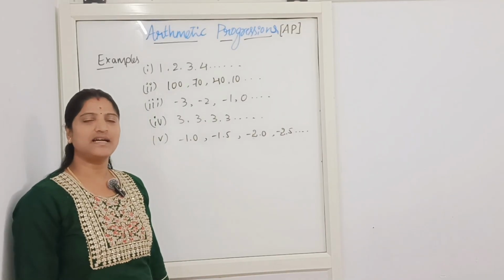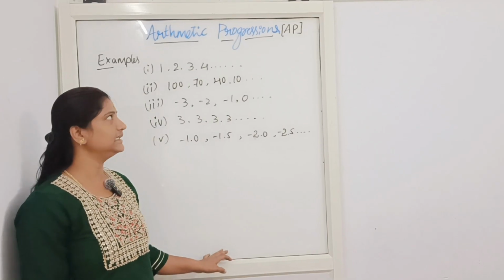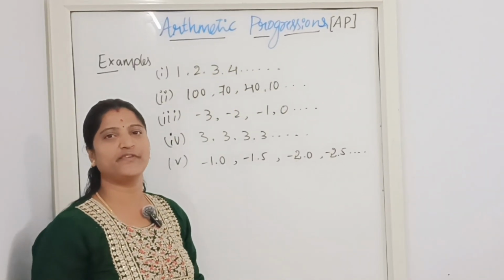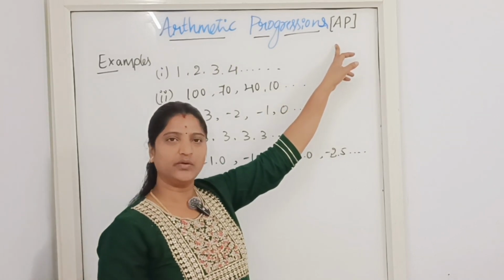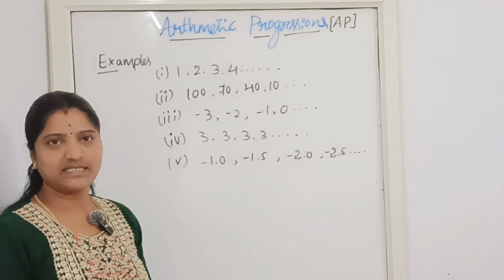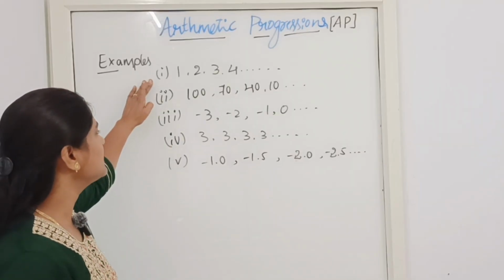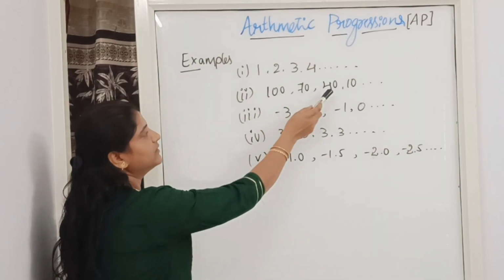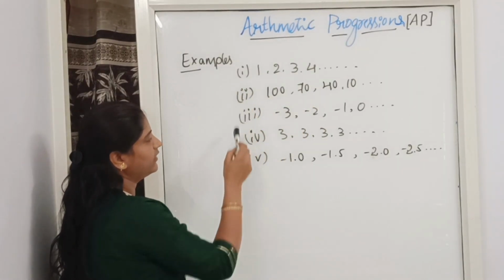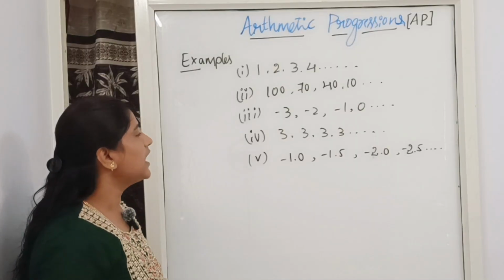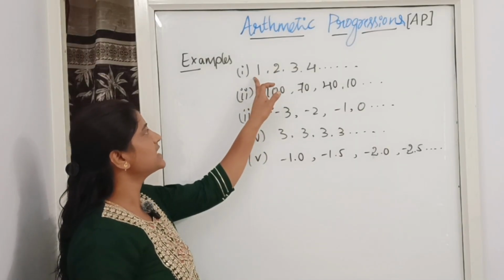Today let us start the 5th chapter of 10th standard, Arithmetic Progressions. In short form, you can call it as AP. Okay. So, before understanding the meaning of it, let us see some examples. See, the first example is 1, 2, 3, 4, and the second one like this. I wrote the 5 examples here, okay, and what is the common thing here? Look at the first number